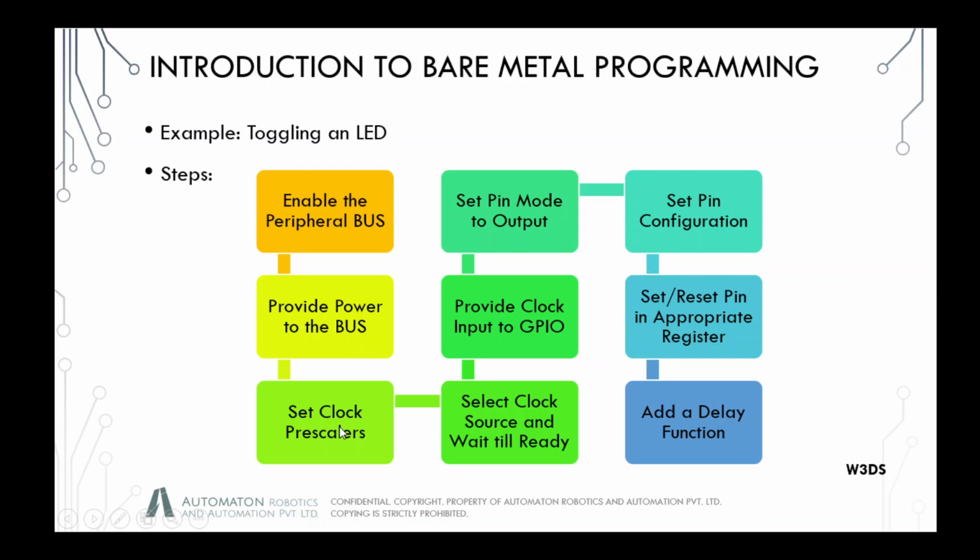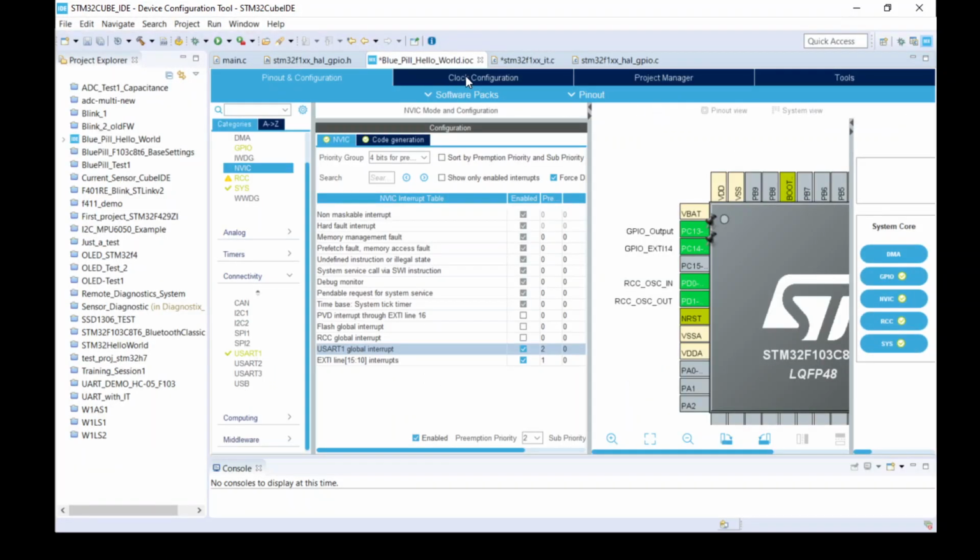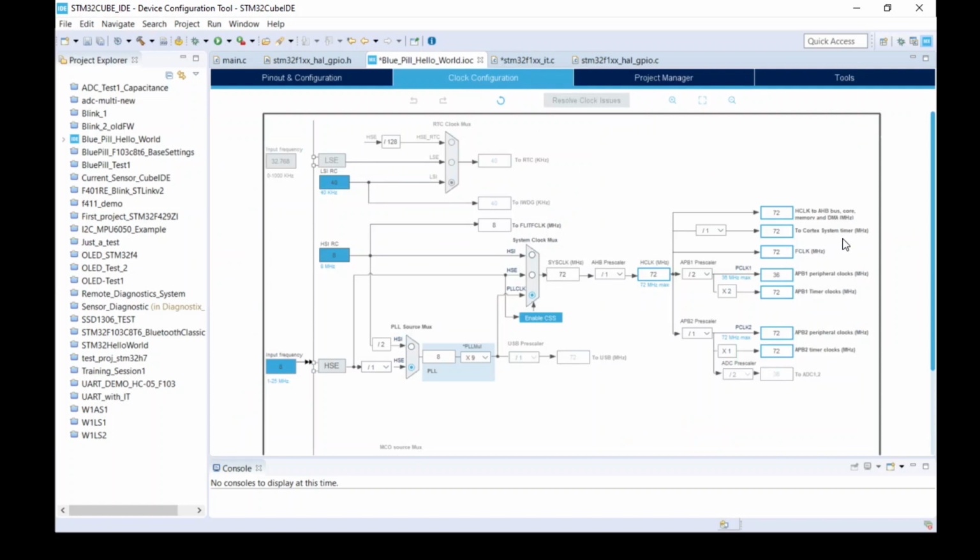Then you are going to set the clock prescalers. And just to tell you what clock prescalers are, I showed you a small snippet of these clock cycles. So what are prescalers? If you know about phase lock loops, you know that it is a device which is used to upscale or downscale any kind of clock or frequency in a very precise manner. So if you have an input of say 8 megahertz, you can easily scale it up to 72 megahertz by the use of a phase lock loop. It is a frequency multiplier, if you will, in this particular case at least.